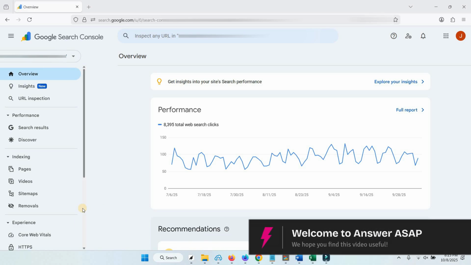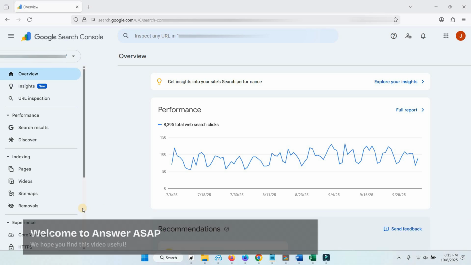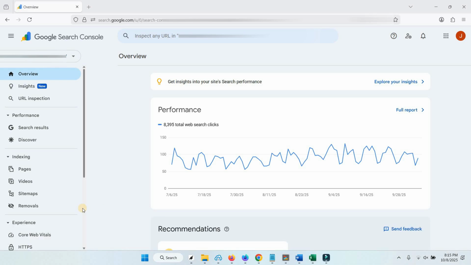This is how to filter performance report with REGEX in Google Search Console. From your dashboard, select domain property, and you can see here performance. Click full report,